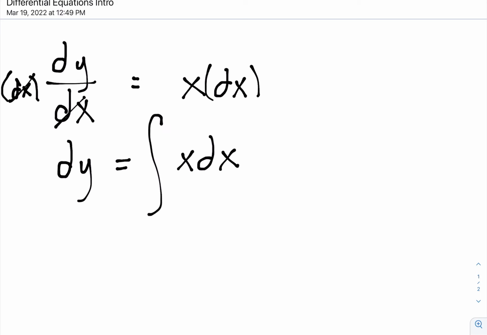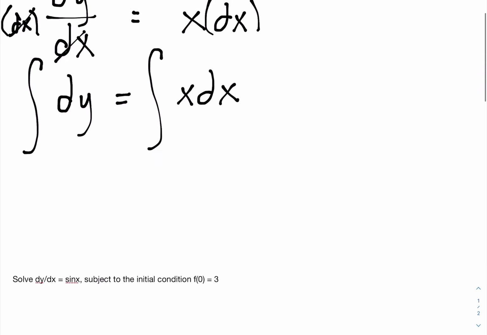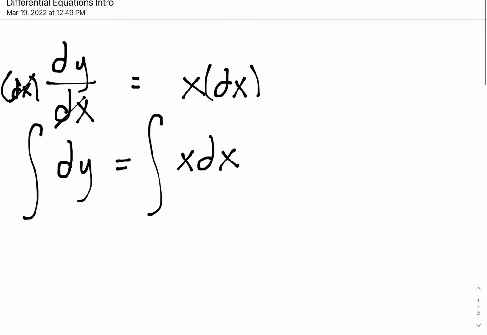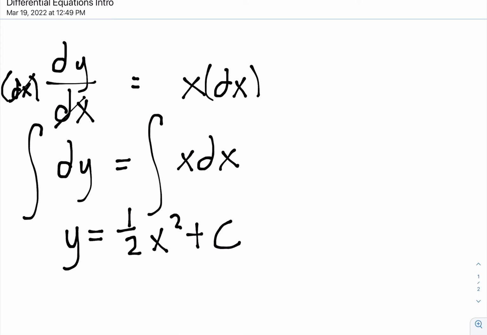And now we can integrate both sides, right? Take the indefinite integral, and the integral of dy is just y, right? And the integral of x, we just use the power rule. That's going to be 1/2 x squared plus some constant. This constant is here because we always have to add it after we take the indefinite integral of some expression,